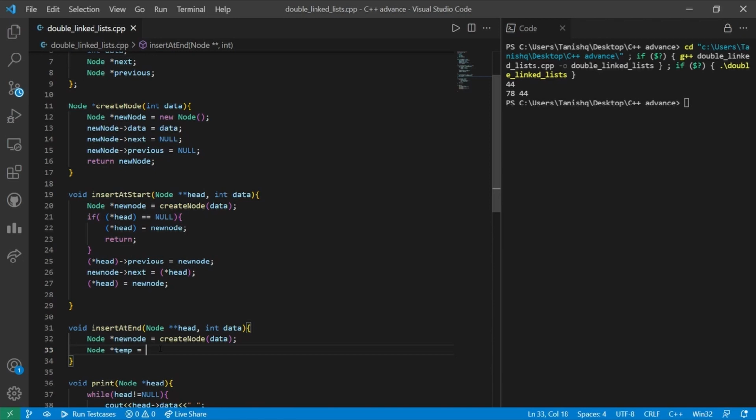That's why we are making a temporary node pointing towards head. Over here, the condition we have to put is while temp.next is not equal to null. That is, we are supposed to find the node which points towards null. Whenever we get that node, we are supposed to get out of the while loop.